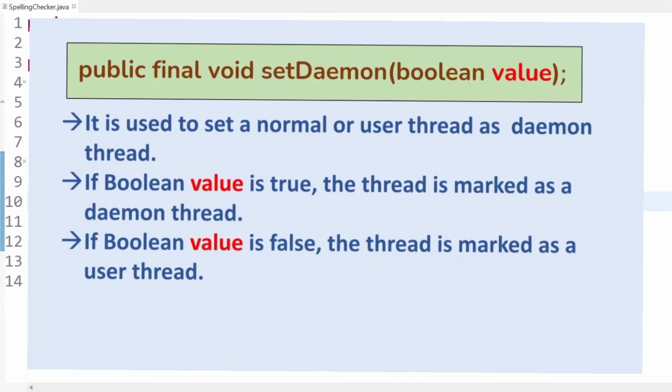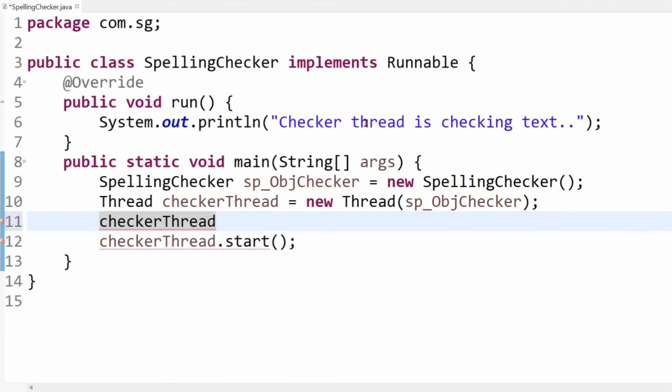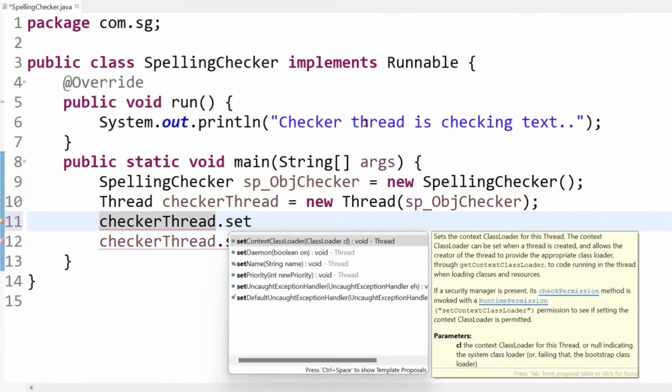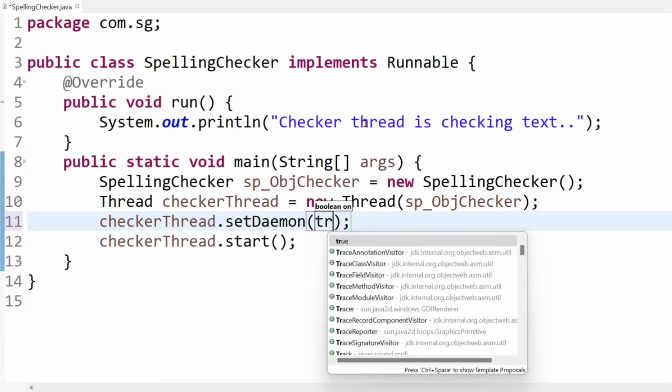It takes a boolean value, true or false. If true, the thread will be set as a daemon thread, and if false, then the thread will be set as a user thread. So here I want to set this user thread as a daemon thread. So for that I will need to write checkerThread.setDaemon, and here we will need to pass a boolean value, and it's true.